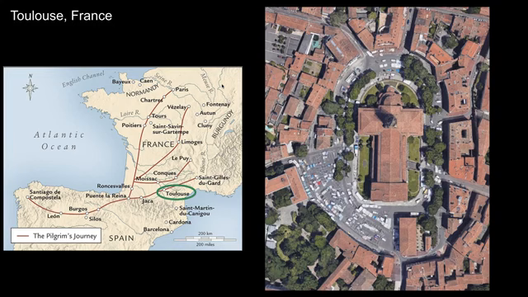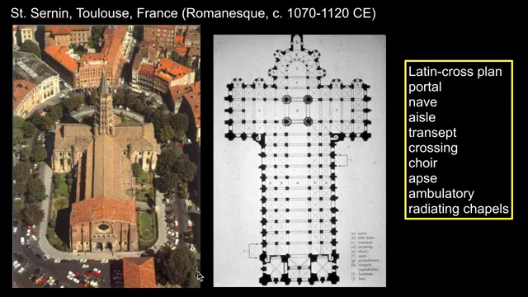Let's look at another pilgrimage church on the route to Santiago de Compostela, this one in Toulouse, the Church of Saint Sernin. It's right on the pilgrimage route to Spain and is a much bigger church than Sainte Foy, so it has the same basic elements, just made on a larger scale. It was both a monastery church and needed to have the space for large groups of pilgrims. In this satellite view, we see its Latin cross shape and its dominant place in the city. Here's an aerial view and a plan.